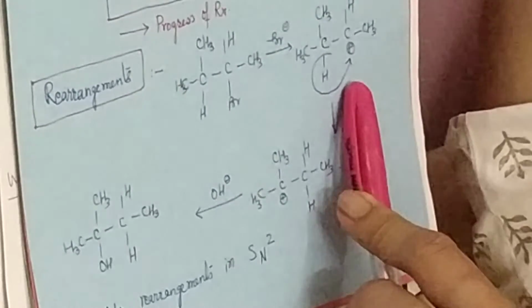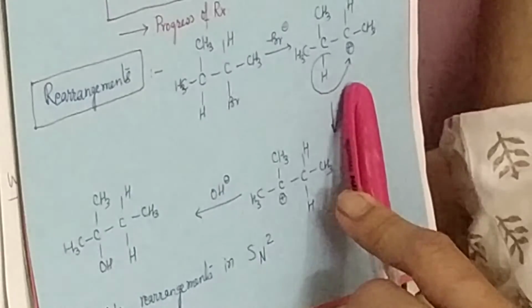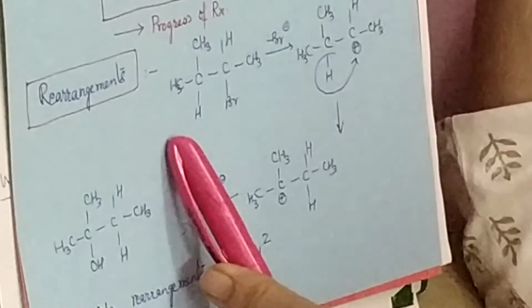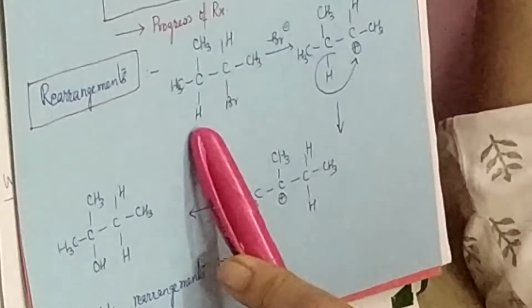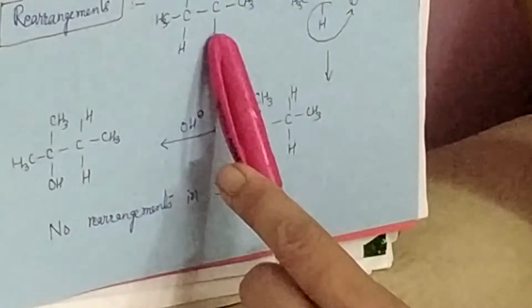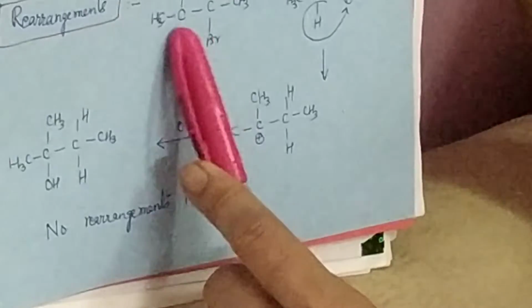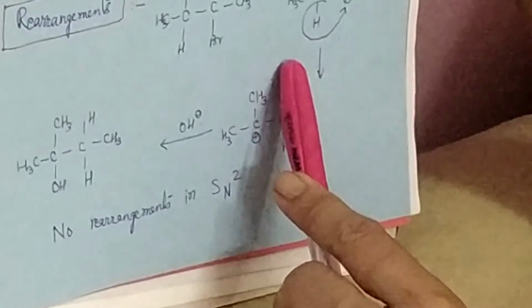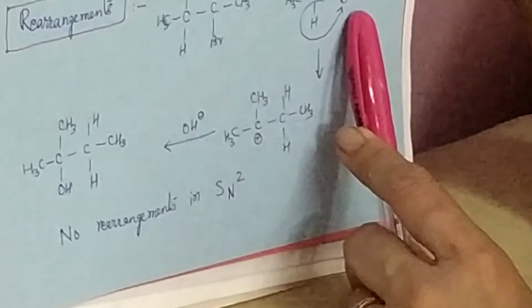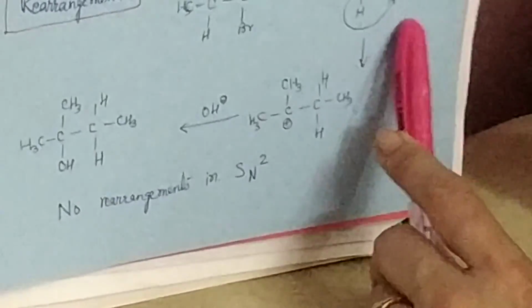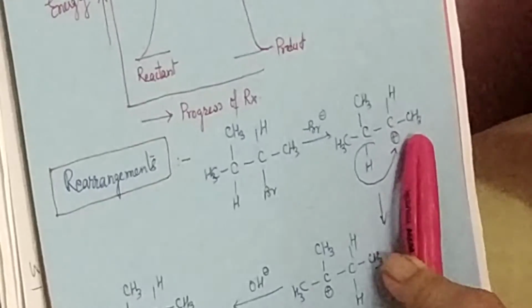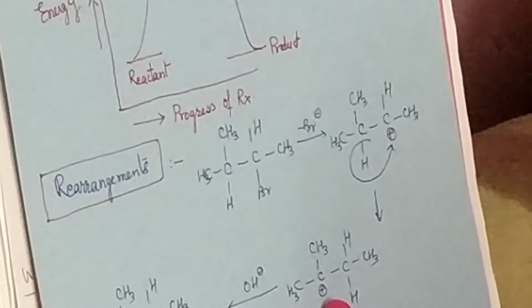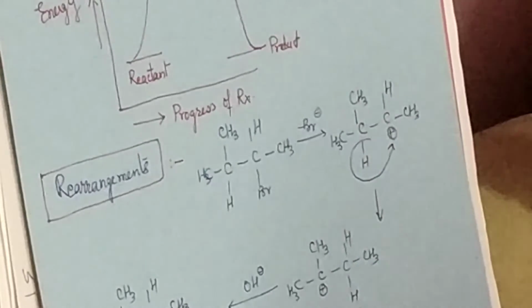What kind of carbocation is this? This is a secondary carbocation, and it can actually be changed into a tertiary carbocation. How does this take place? By the removal of this H in the form of H negative. Do you remember, we call it hydride shift? So via this hydride shift, this H negative will be present on this carbon, which was originally having a positive charge, resulting in the shifting of positive charge onto the next carbon.